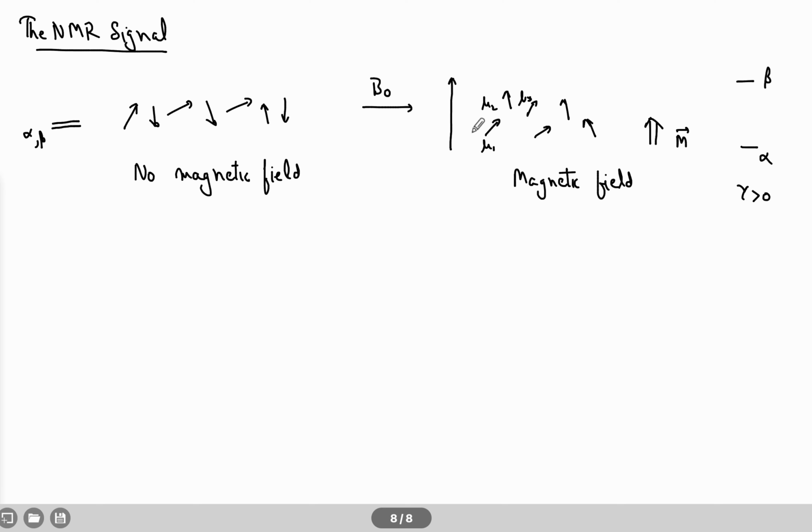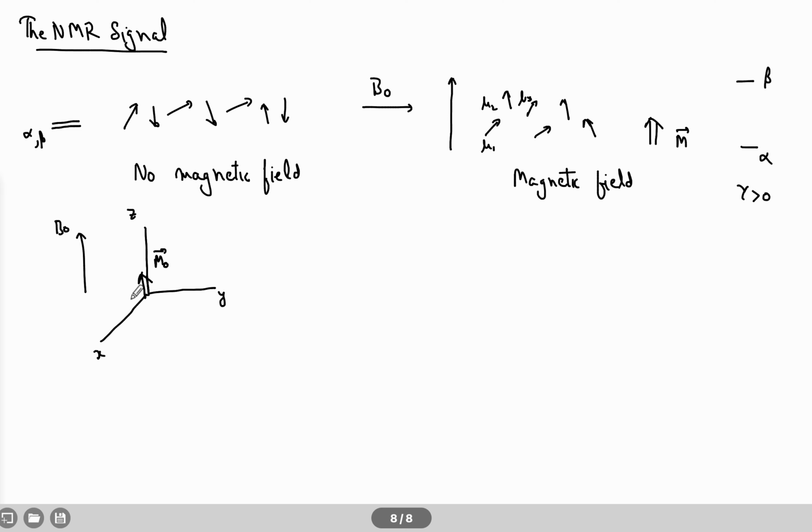Now both these explanations are valid, and you can explain the phenomenon by either of the cases. This is the state of thermal equilibrium, right? This particular state is the thermal equilibrium state, and you can also represent it in a three-dimensional coordinate system, where I'm applying B0 along the z-axis. So I have a little magnetization which is in excess, M0, and this M0 develops along the z-axis the way I have represented here.